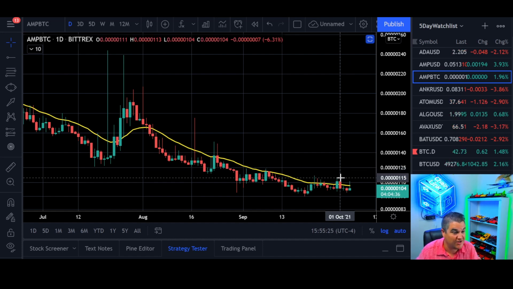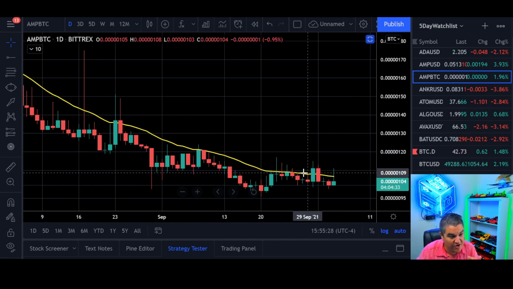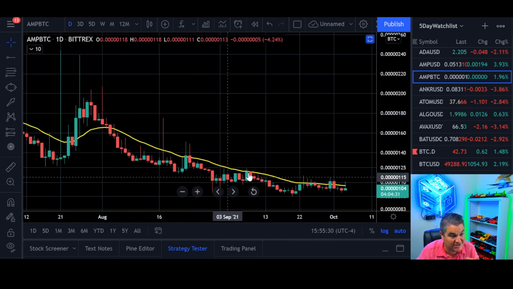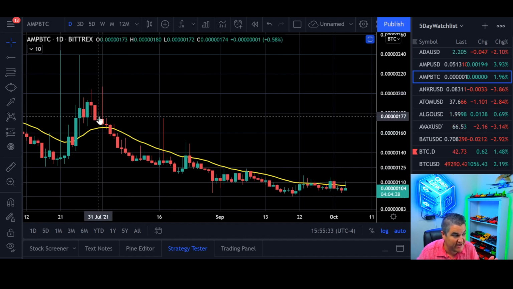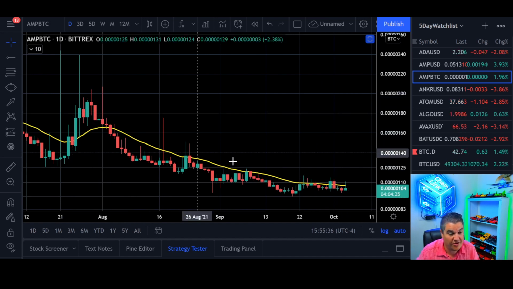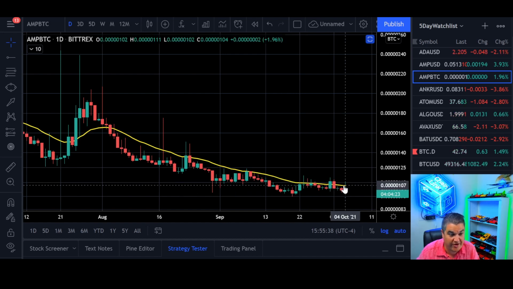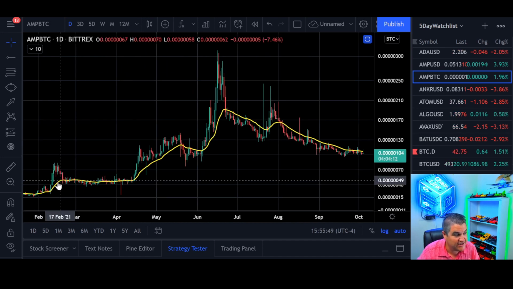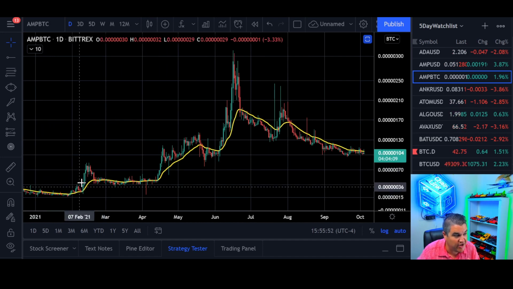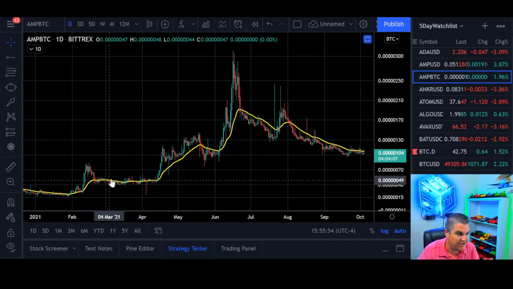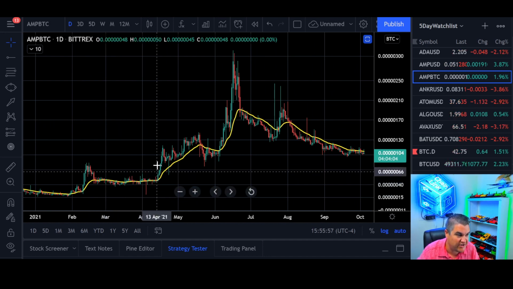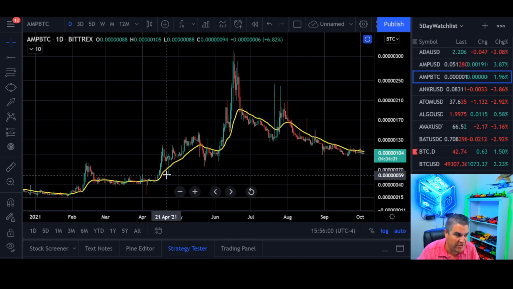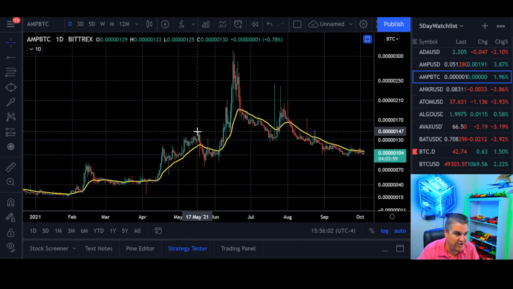And to get to that level, we have to break the 21-day EMA, which has been holding as pretty nice resistance since we came back down towards the end of July. So basically our front running indicator will be if prices start holding this and flip it as support. You want to get on top and hold it as support, kind of like it was back here. Watch, see this? So you're messing around, and your bigger moves will always happen on top of this moving average. So until you can flip it and hold it as support, see that? Even the wick went down below it, but the candle closed up here. This is your bigger moves.